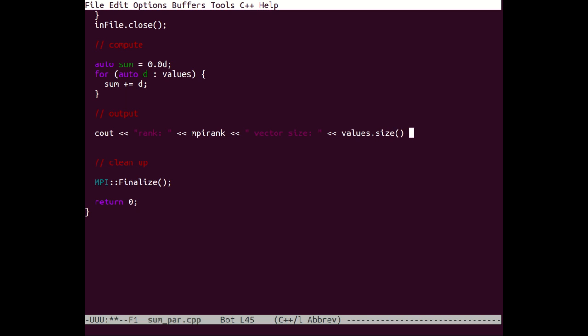So in fact, different ranks are going to have different vectors, and all those different vectors actually have different sizes, just because different input files have different lengths, a different number of lines basically. So different ranks are going to have different vectors, and those vectors will have different sizes. All right, let's take a look at those different sizes. And then the first element,